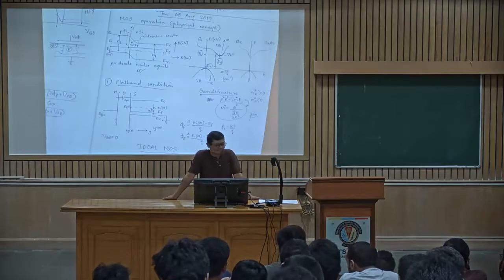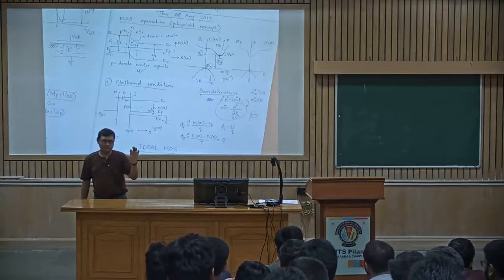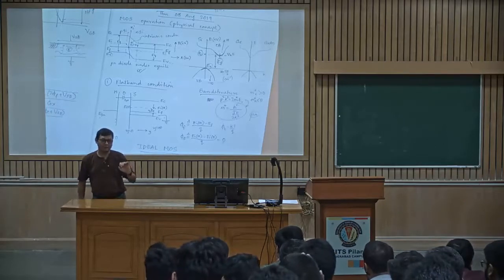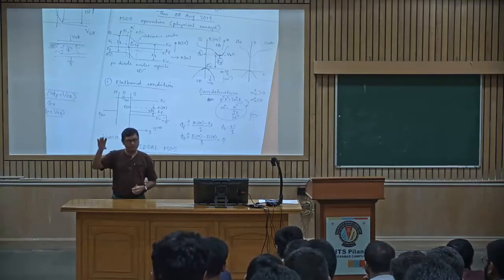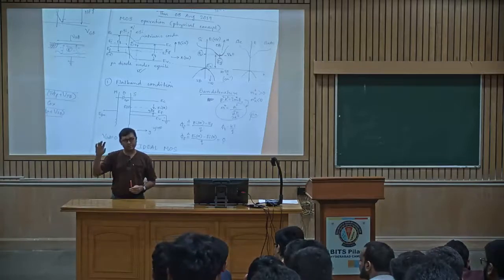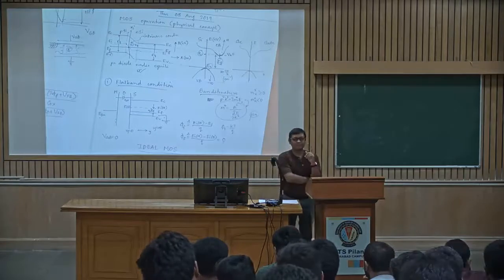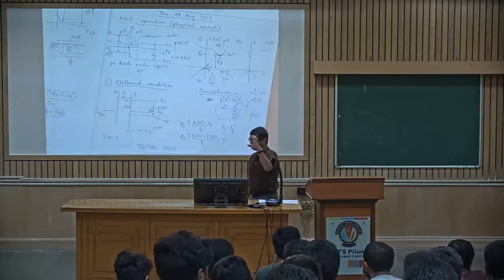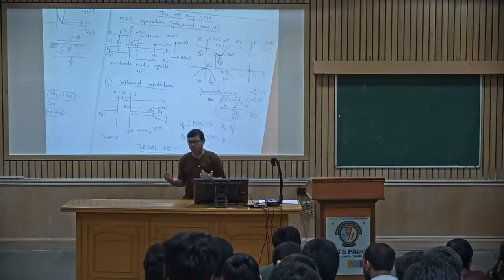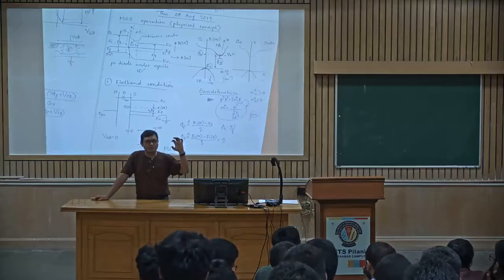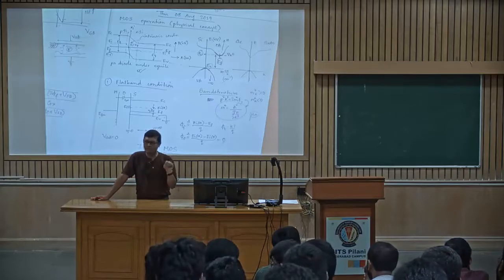Think in terms of the capacitive reactance shown by the capacitor when there is no charge separation. That means you have essentially shorted the positive and negative terminals of the capacitor. Then what is the value of the C? You have shorted, which means the reactance is equal to... reactance is what? A component of resistance. What will the resistance be? 0. You are essentially putting 1 by j omega C equal to 0. So what is the value of C?